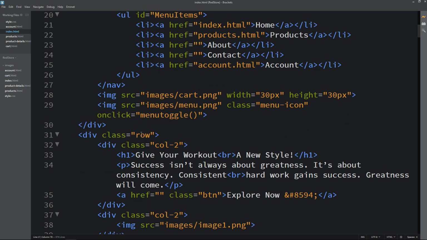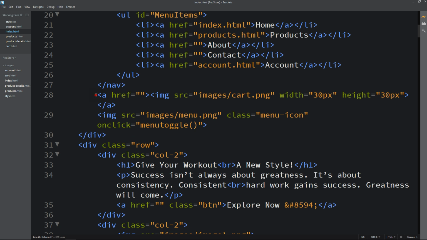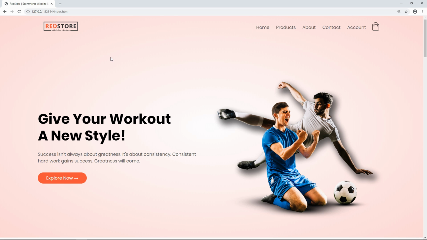After that, you can see we have this cart icon. So for this cart icon also, we will add one link. So here we will add one anchor tag. I'm using A, and close this A tag after this cart image. And in this href we will add the page, which is cart.html, like this. So it will connect the cart page. Like this we have connected all the pages from home page.